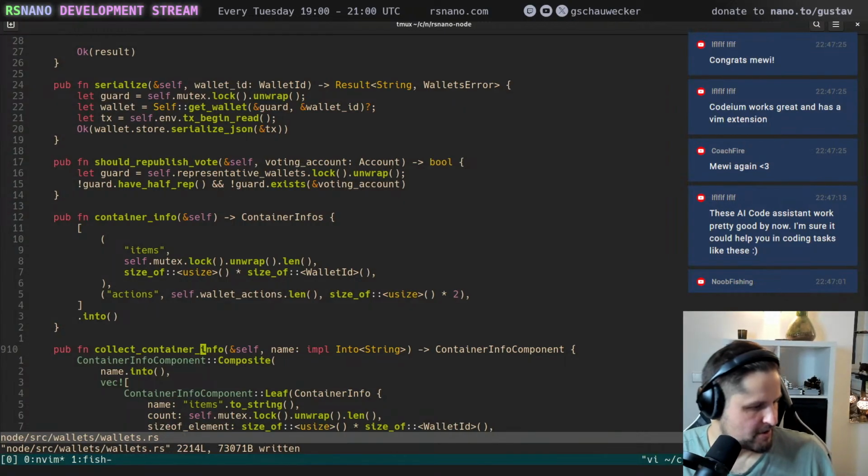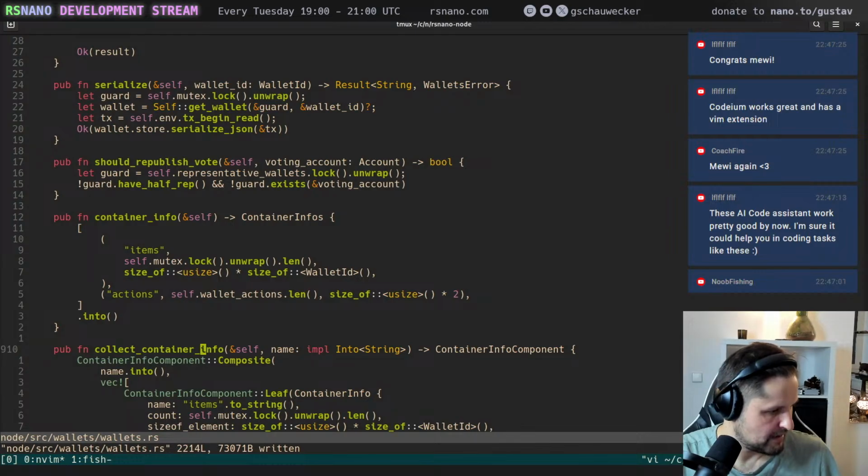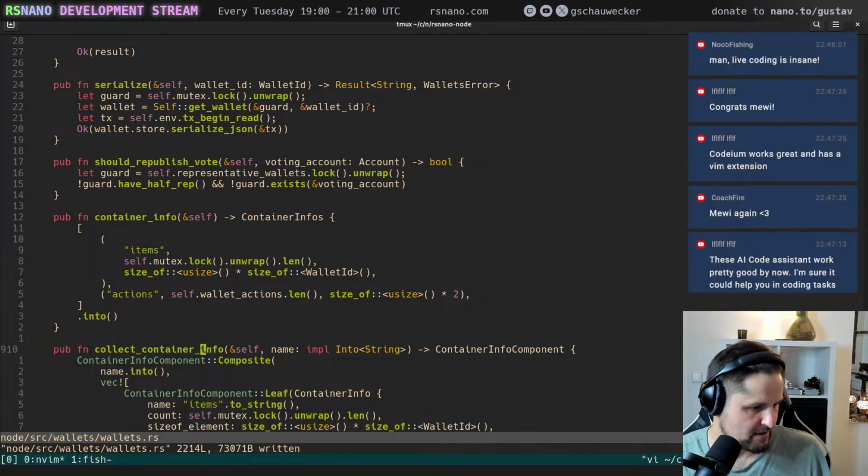LFLF says Codium works great and has a Vim extension. Yeah. Can I tell Codium, look, this is how I want to do it, and it will do it for all of the other places in the code? LFL, oh, I missed some chat messages. Noob fishing: live? Yeah, this is live. What? These AI code assistants work pretty good by now. I'm sure it could help you in coding tests like these.